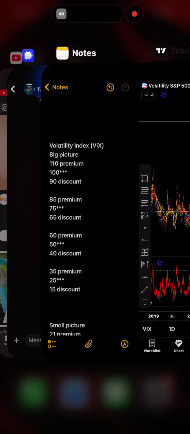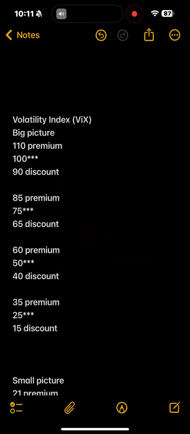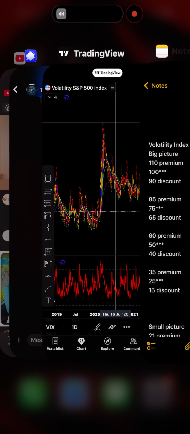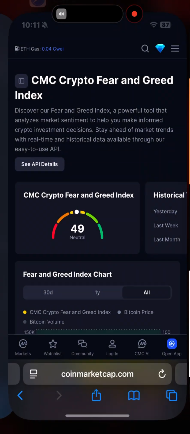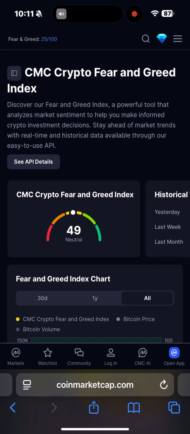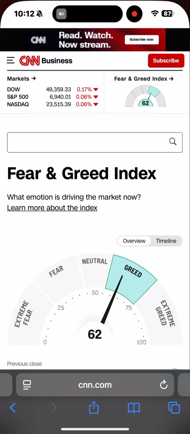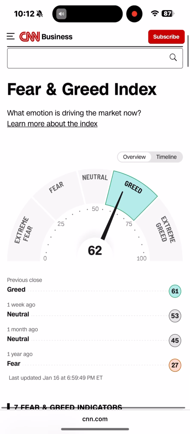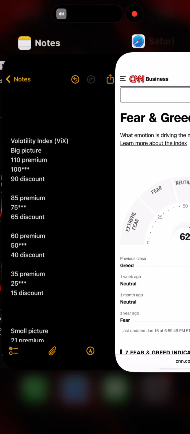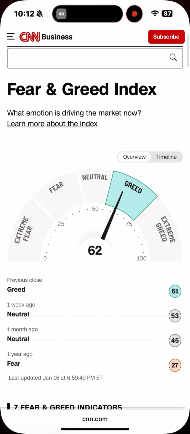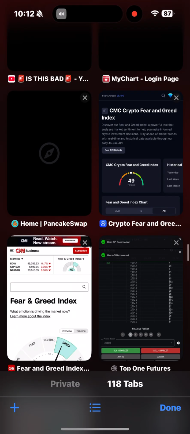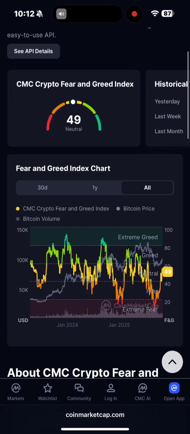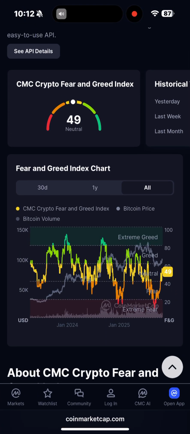All right, so the fear and greed index: the stock market is in greed. It's a measurement of the dumb money, of the sentiment of dumb money. When it's greed, you should be looking towards selling. When it's fear, you should be looking towards buying. And the same thing with the crypto. But the crypto has a little chart down there, and that's a good chart to see. I wish this fear and greed for the stock market had the chart, but we don't need that. We just need it for crypto, where it can tell you what it looks like down at extreme fear with the actual chart with it.